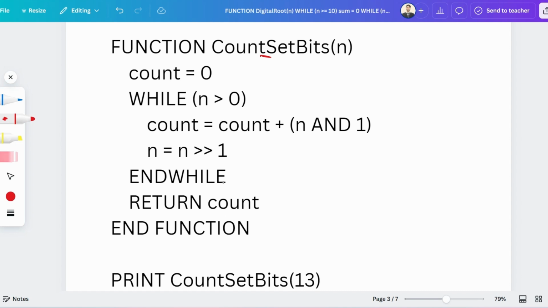Okay, so count is equal to 0, right, while n is greater than 0. n is as of now 13, which is greater than 0, so that's why we have to go inside the while loop. So count is equal to count plus n and 1. Count is 0, so 0 plus n and 1, where n is 13, so 13 means